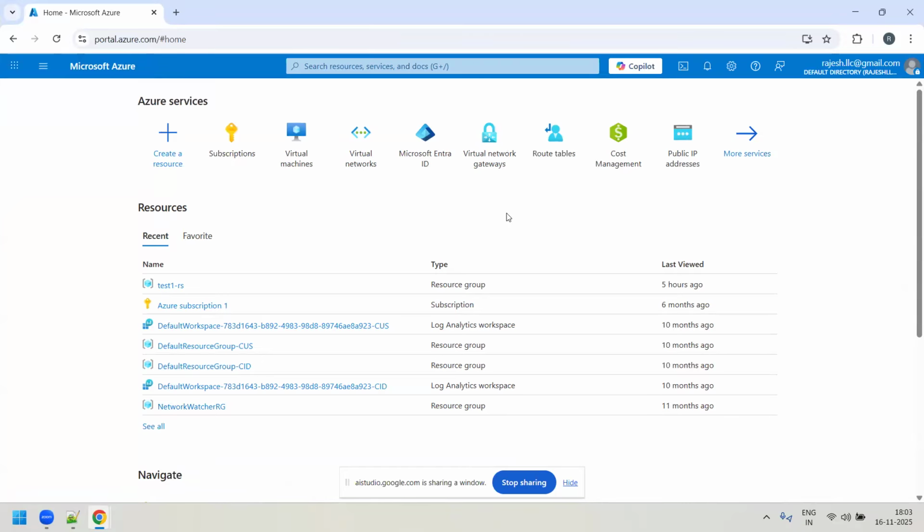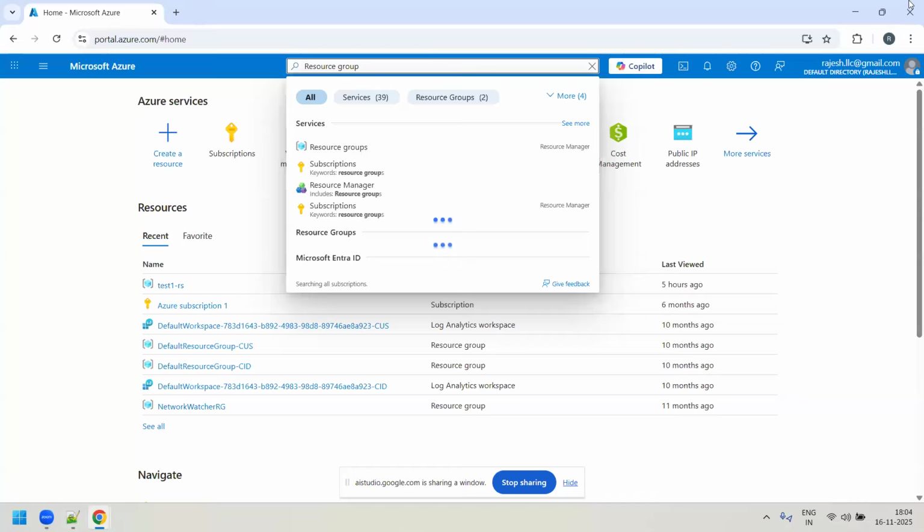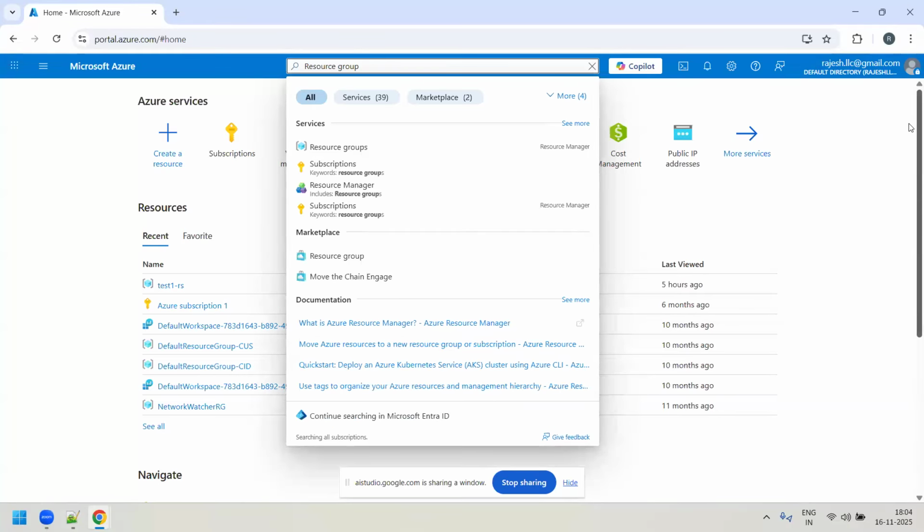Yeah. Now I'm in the Azure portal now. Could you please see the screen? Could you please help me to create a resource group in Azure? Yes, please. Yes, I'm able to see this.